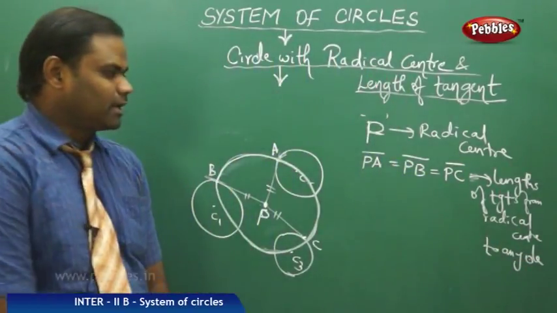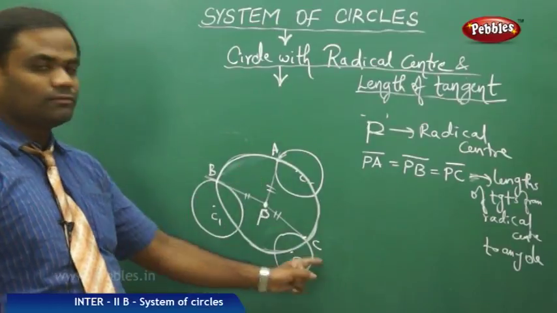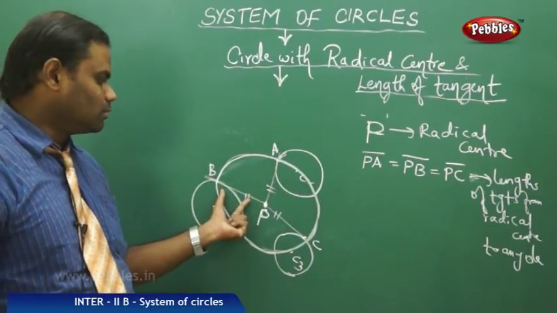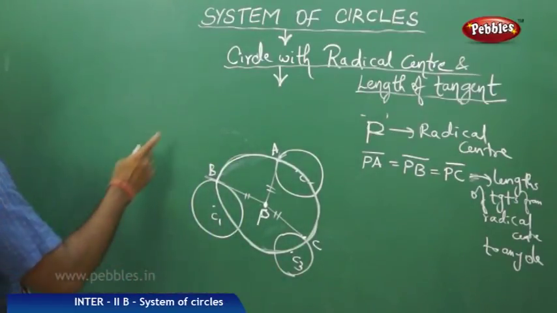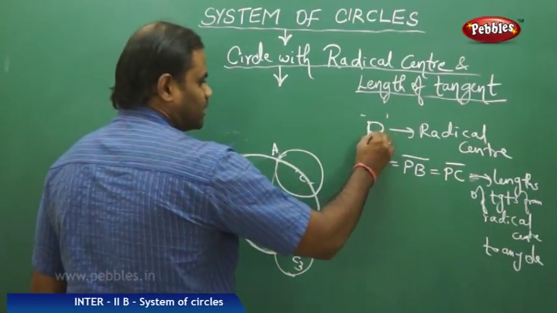This is the length of tangent from the radical center to each circle, which is the same, equal, equal, and equal. Now if I take the radical center as the center of the circle,